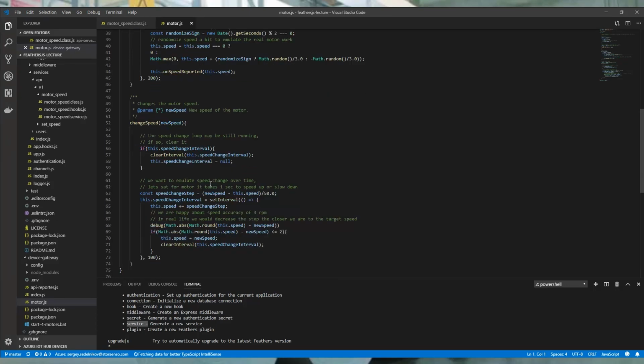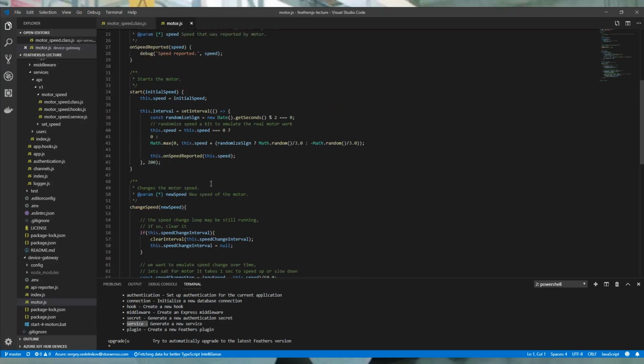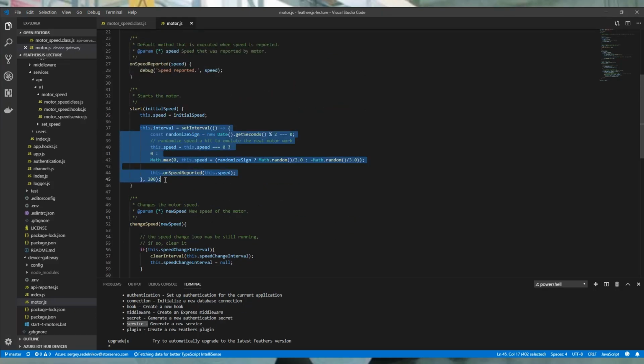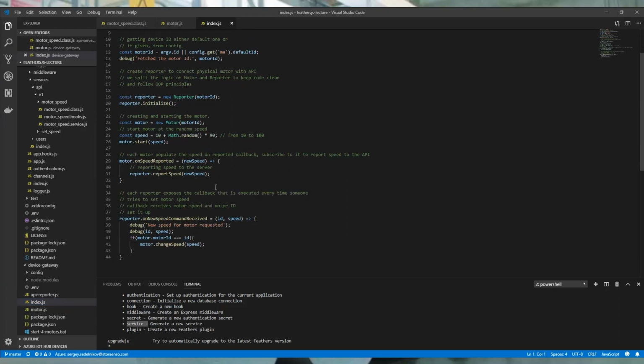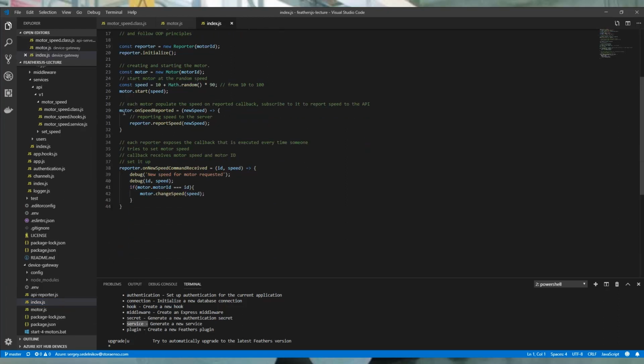What it does is every time we need to send a motor speed, it actually generates a new motor speed by randomizing the current motor speed plus or minus some little deviation, and then it calls this onMotorSpeedReported method, and here in index.js on speed reported callback,